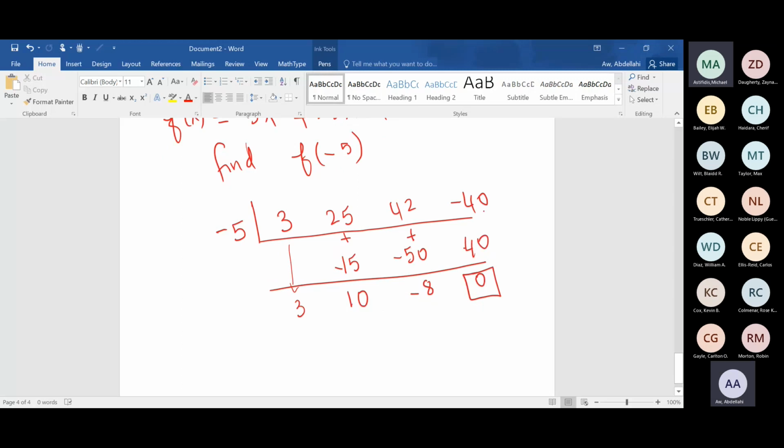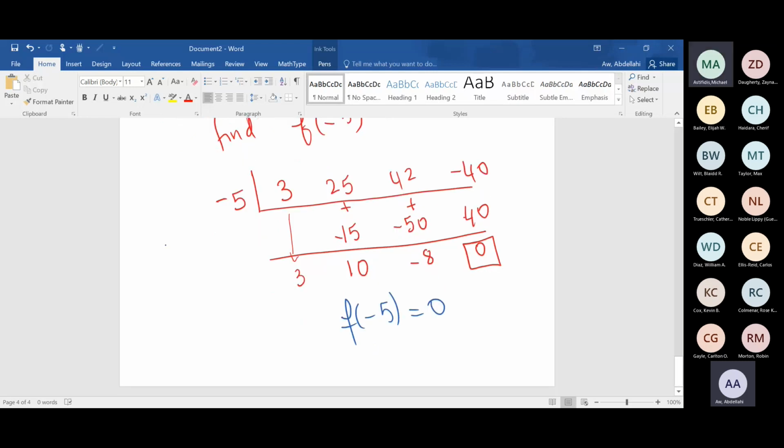So f of negative 5 is equal to 0. So if f of negative 5 is equal to 0, what do we say? We say negative 5 is what? Negative 5 is a blank of f. What is the missing word? Negative 5 is a 0. Exactly. Negative 5 is a 0 of